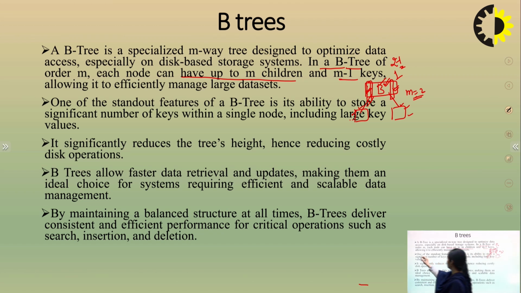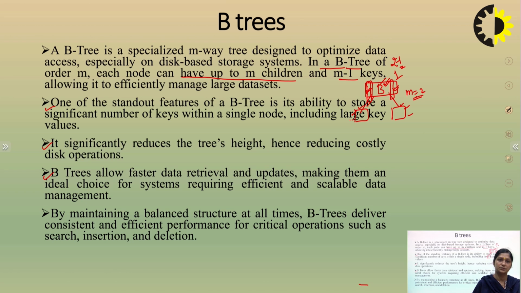In the second point, one of the standout features of a B-tree is its ability to store a significant number of keys within a single node. Means we can have a handful to 1000 key values in a B-tree. In the third point, it significantly reduces the tree's height and hence we can reduce the costly disk operations. In the fourth point, B-trees allow fast data retrieval and updates, which make it an ideal choice for systems requiring efficient and scalable